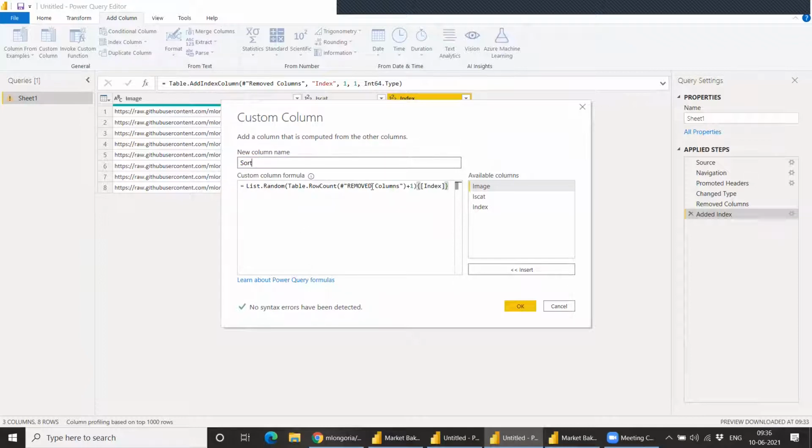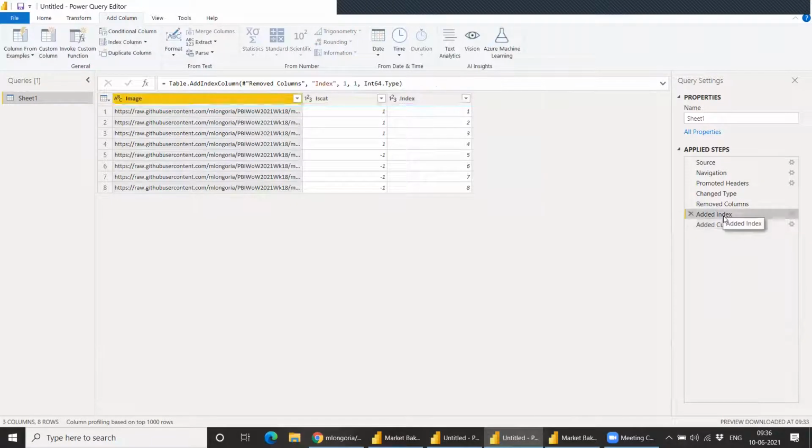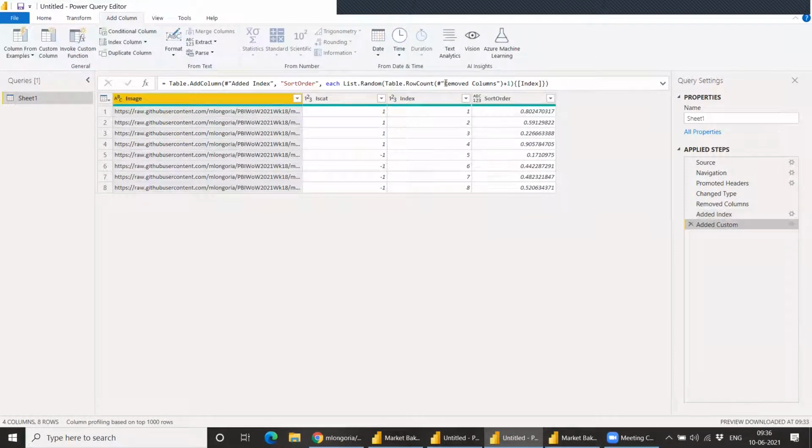Yeah, I guess. Now it has given the random number. What the function is doing is creating some random numbers from a table. You take the last step. The last step was, sorry, Added Index. My bad. So we can just change it to Added Index.